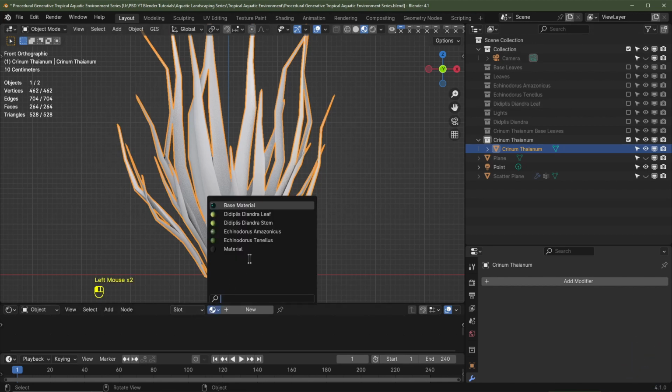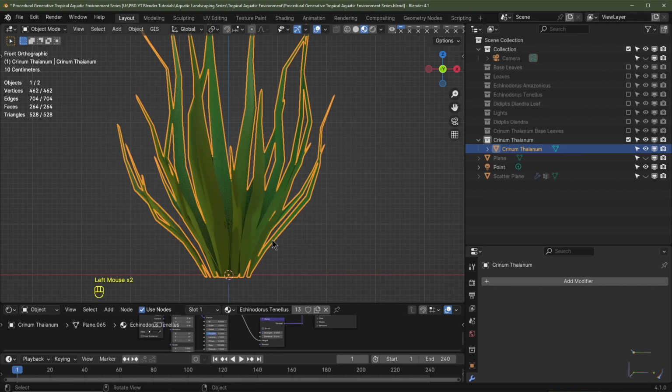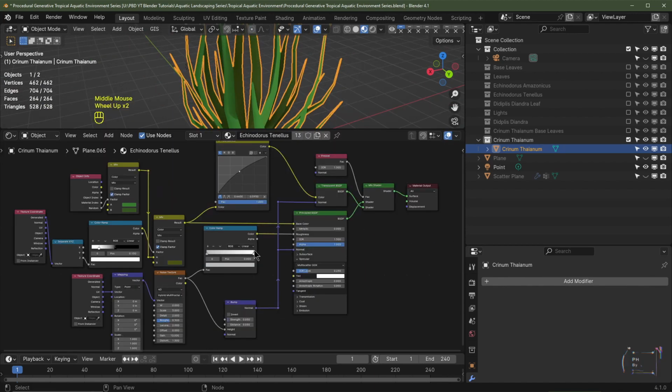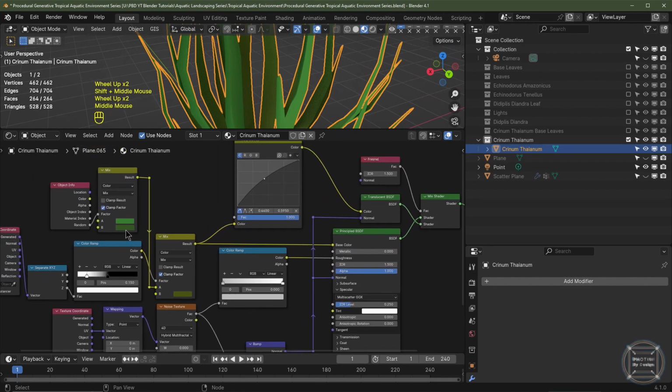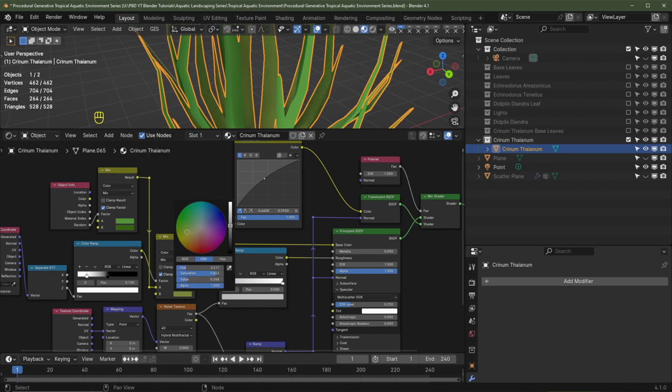So click this tab here, click Echinodorus tenalis, and then I'll drag this up and let's see if we can change the material slightly. So this should be a slightly brighter green, or more of a vibrant green. So if I click this number 13 tab here, this will make it its own unique material, and then I'll rename it to Crinum Thaianum. And to change these colours, I'm just simply going to make these slightly brighter, a bit more saturation, and also a lot brighter at the bottom as well, a richer tone of greeny